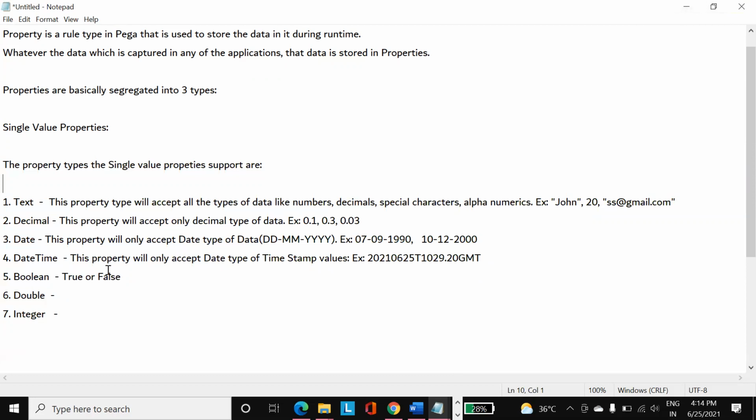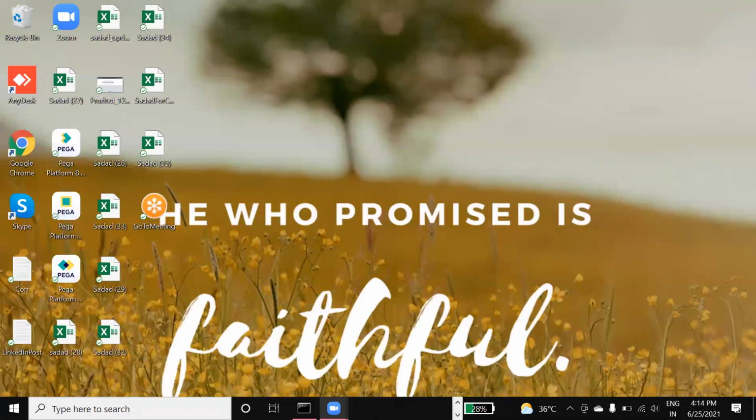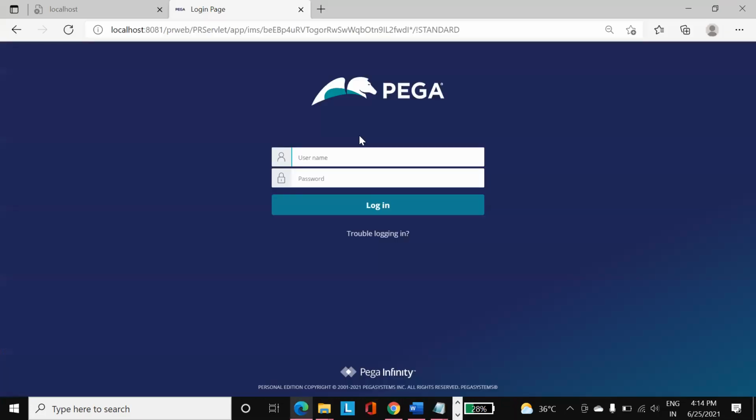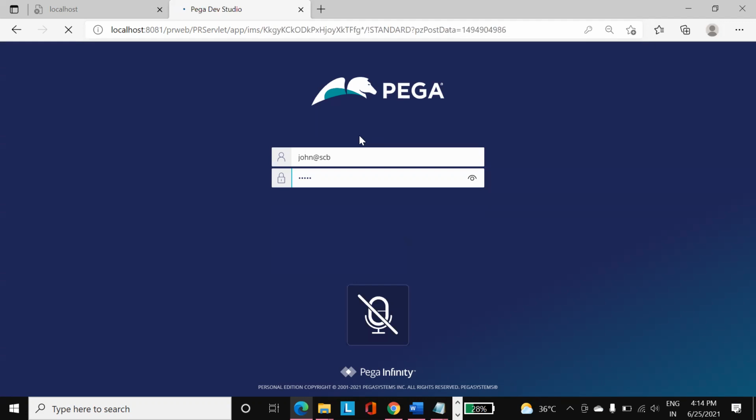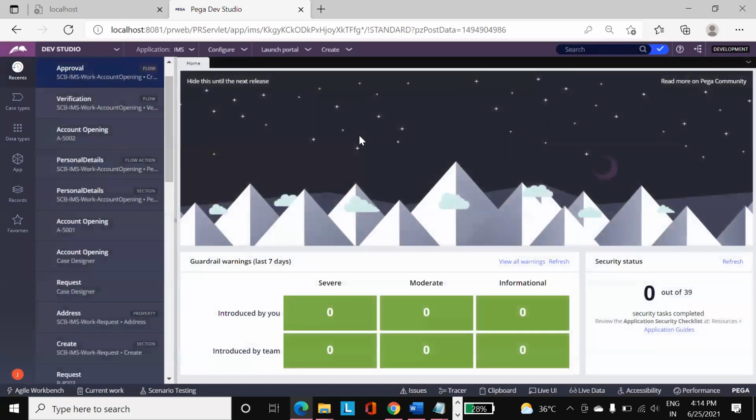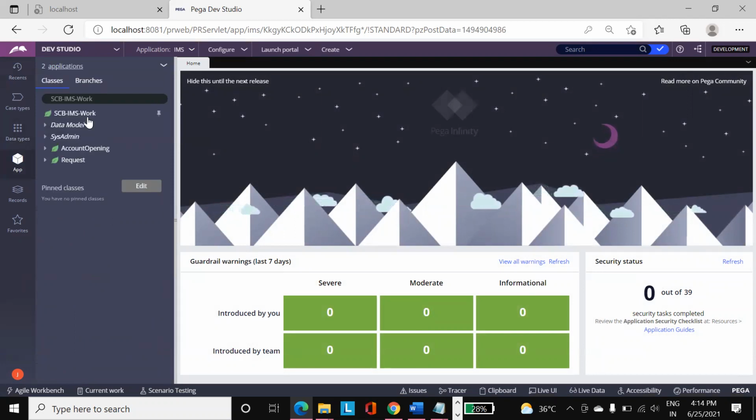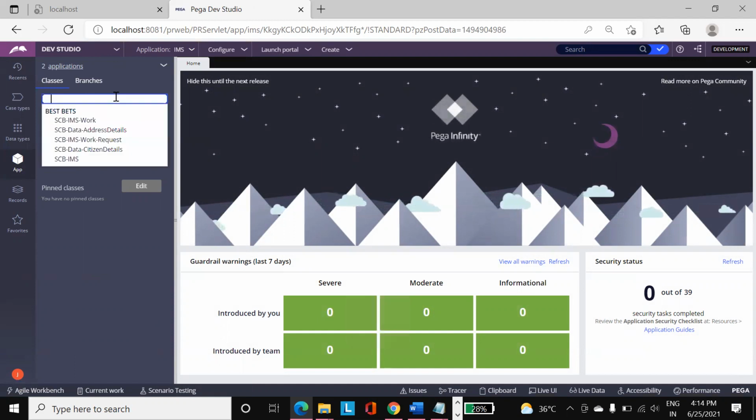So this is just an explanation of single value property and the types of properties. Now let us see how to create a property. Let me log into the system. So now, how to create a property.